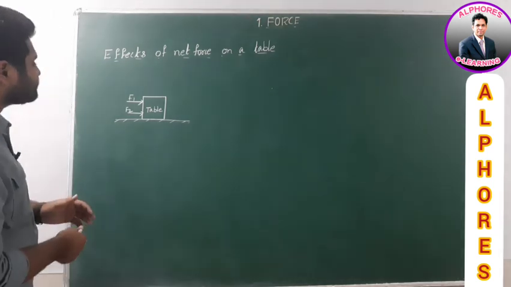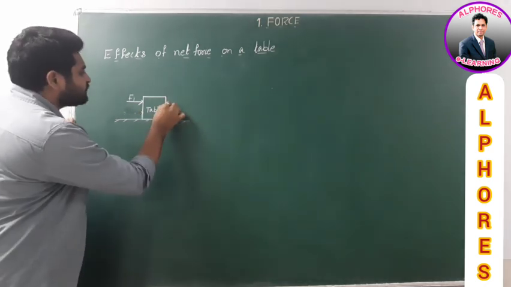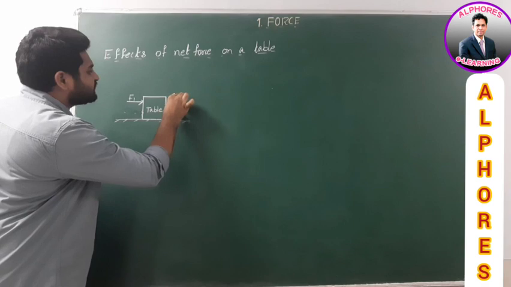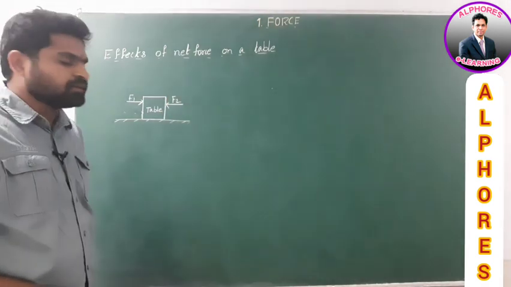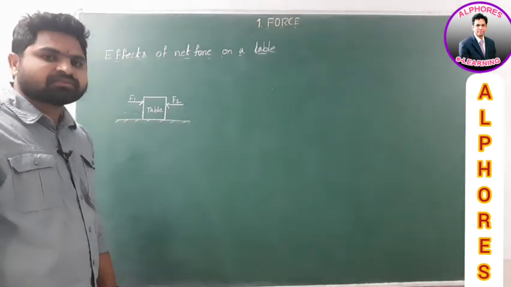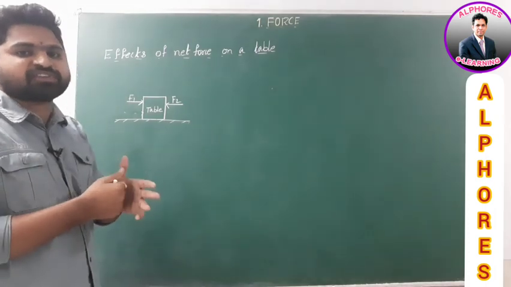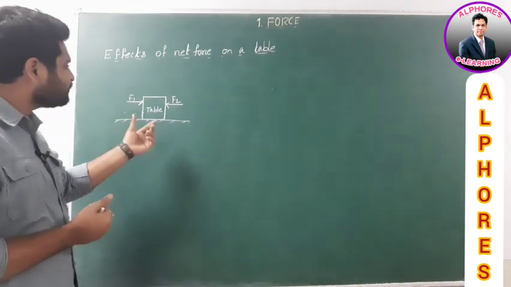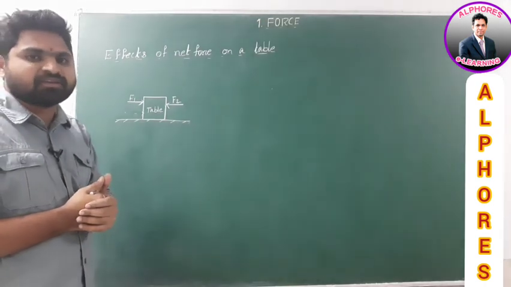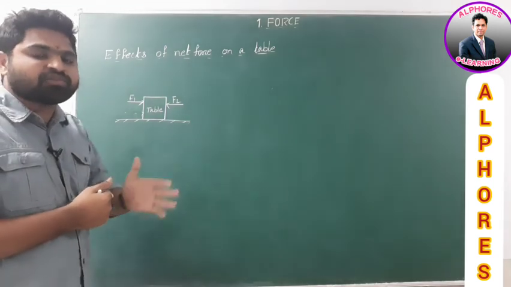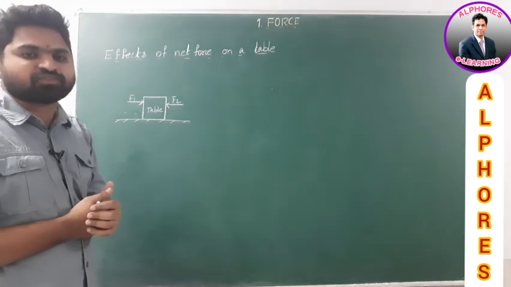Another case: suppose you ask your friend to push the table from the opposite direction. Let's say the force applied by your friend is F2. Now in this case, what happens? Is the table at rest? Yes, it is at rest if both of you apply the same forces on the table. If both the forces acting on the table are the same, the table will remain at rest. If one of you applies a larger force on the table, what happens? Let us find the answer in this topic now.